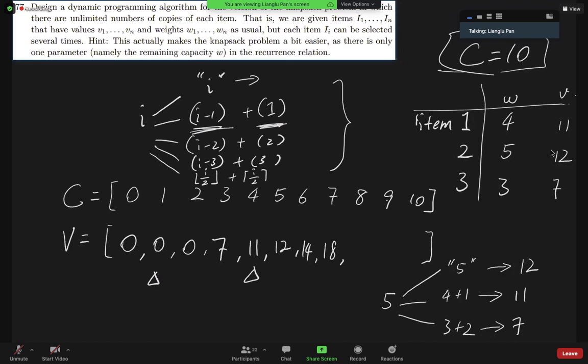And when we have 8, we can do 3 plus 5, that will give us 19, or 4 plus 4, giving us 22. And when we have capacity equals to 9, I think the best option would be load item 1 and item 2 exactly once. So we're splitting the space into two bags, one bag having capacity 4, the other